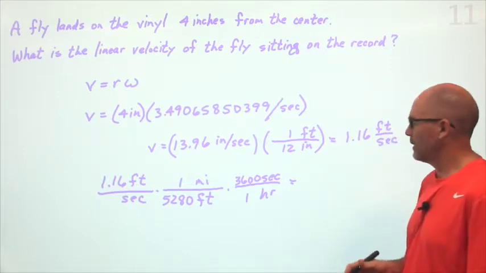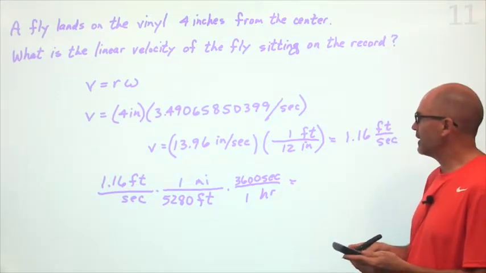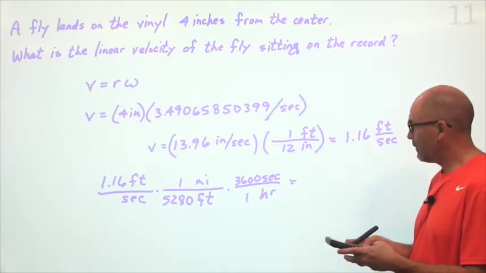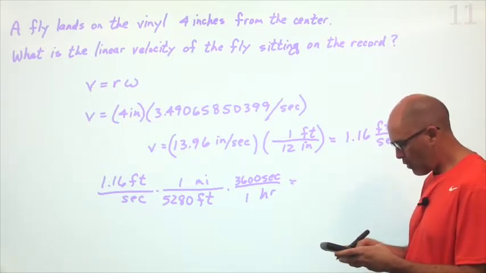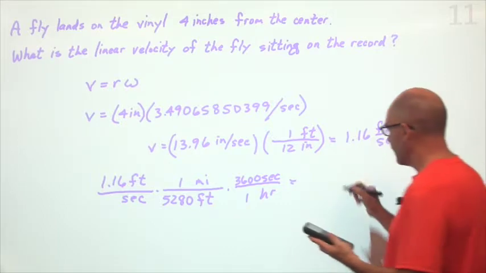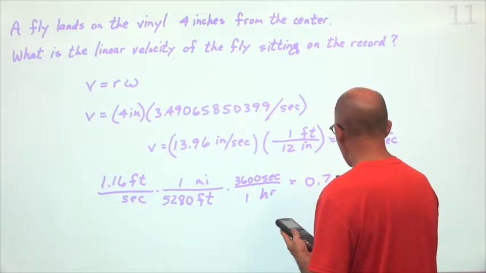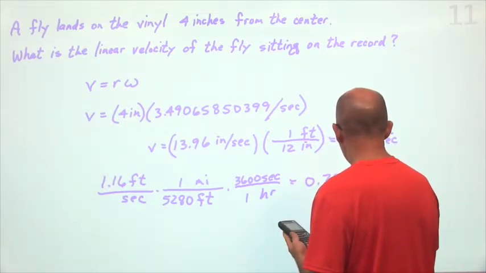So what does this give us? Well, I have the 1.16 in the calculator. I multiply by 3,600. And I divide by 5,280. And that gives me 0.793